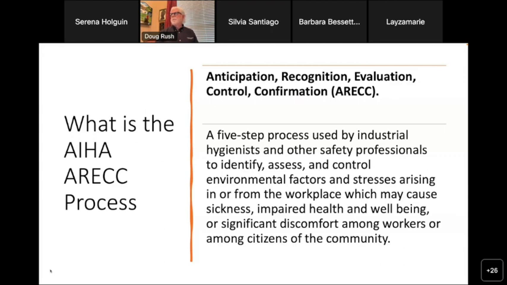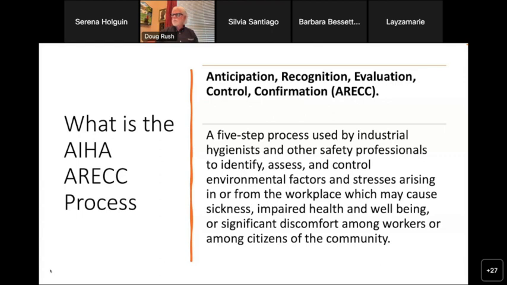So you can just kind of walk through all those pieces in a courtroom, and it helps you and me, and I assume most everybody in this meeting is an industrial hygiene type person. It helps us understand and help the courtroom understand what we actually do, because as you know, for many, many years, explaining what we do to the general public is extremely hard. This is a nice, easy way to do it.